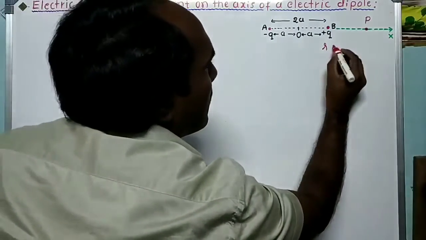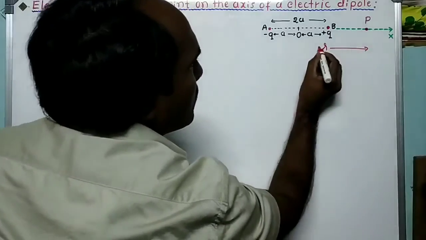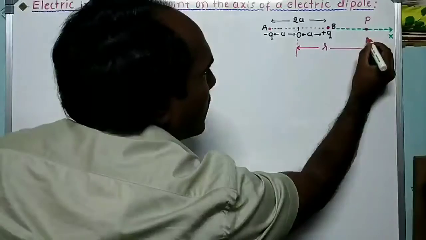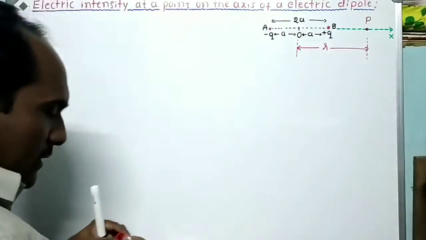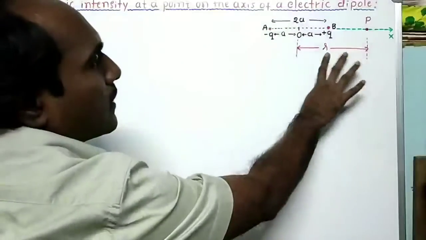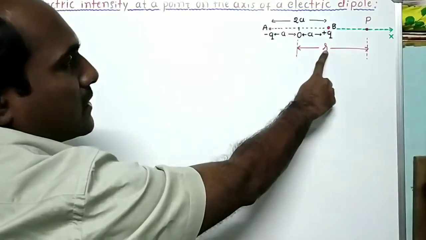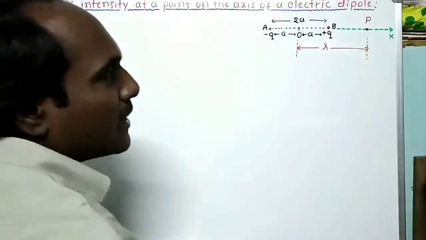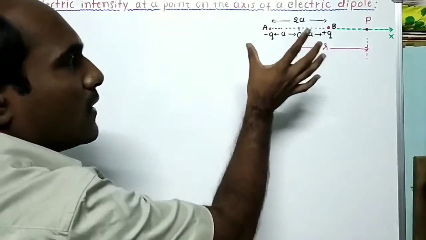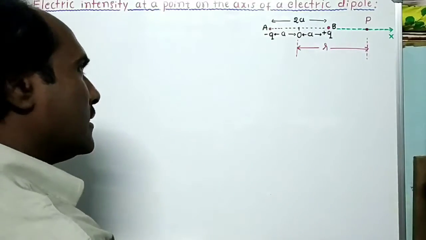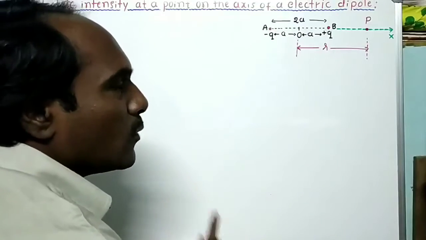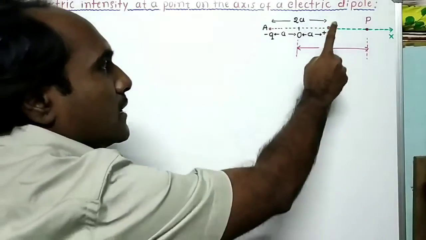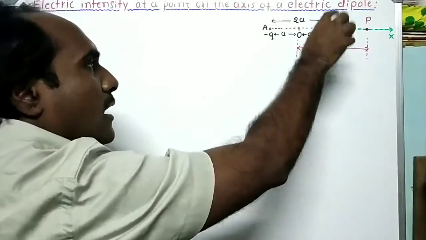See here, let r be the distance of the consideration point P from the center of the dipole. Getting the idea? Let P be a point at a distance r from the center O of the dipole. ಎಲ್ಲಿದೆ ಆ ಪಾಯಿಂಟ್? On the axis of electric dipole. ಹಾಗಾದ್ರೆ ಪಾಯಿಂಟ್ ಪಿ ನಲ್ಲಿ 1 ಕೂಲಂಬ್ ಆಫ್ ಚಾರ್ಜ್ ಇಟ್ರೆ, ಯೂನಿಟ್ ಪಾಸಿಟಿವ್ ಚಾರ್ಜ್ ಇಟ್ರೆ, ಈ ಹೋಲ್ ಎಲೆಕ್ಟ್ರಿಕ್ ಡೈಪೋಲ್ ಅದ್ರ ಮೇಲೆ ಎಷ್ಟು